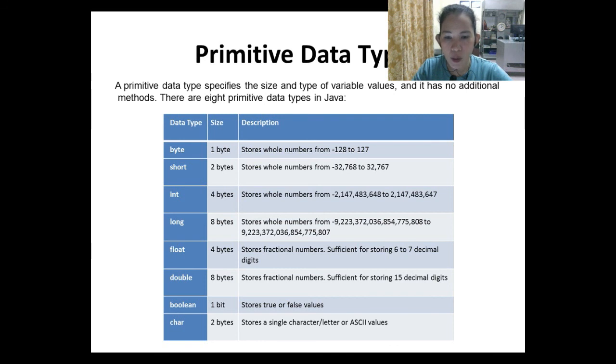It stores whole numbers from -32,768 to +32,767. Int has 4 bytes. It stores whole numbers from -2,147,483,648 to